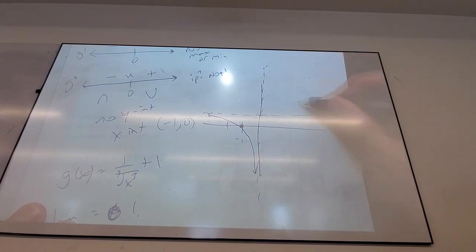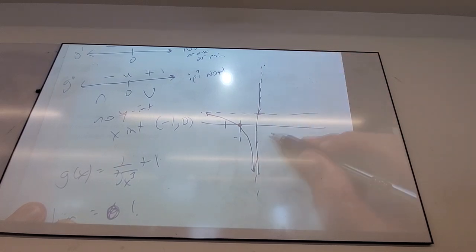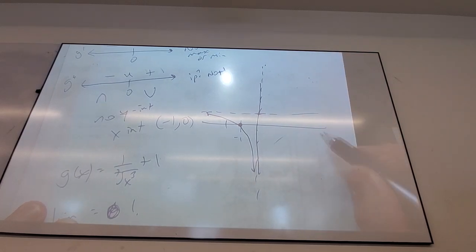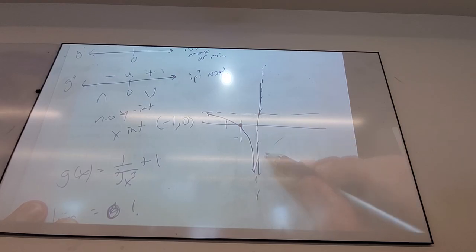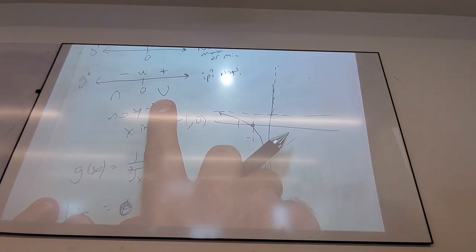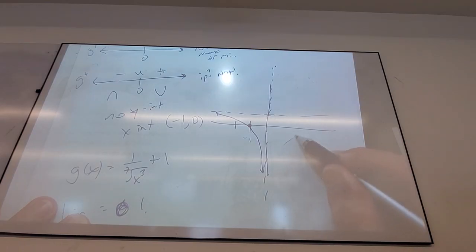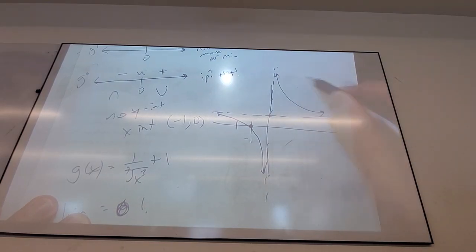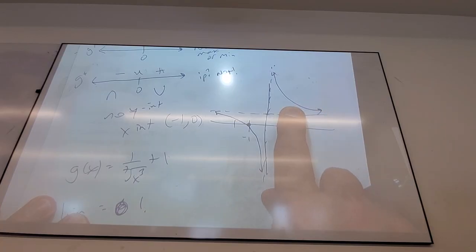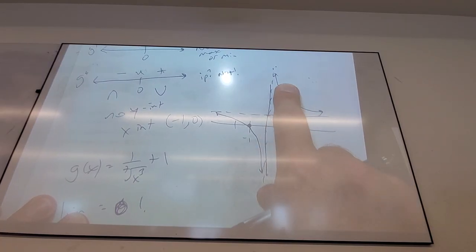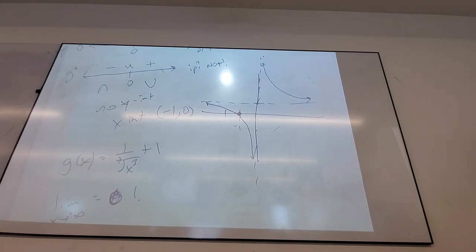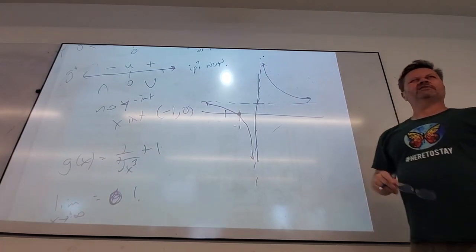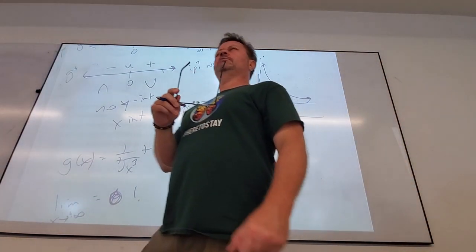Now, how do I know it's up here? What would have to happen in order for it to be down here? Two things. It would have to be concave down, but it's supposed to be concave up, correct? Also, it would need to have an x-intercept, and it doesn't, so I know it's up here. Now it's concave up, and it's on the side that it's allowed to exist on, which is a good idea.